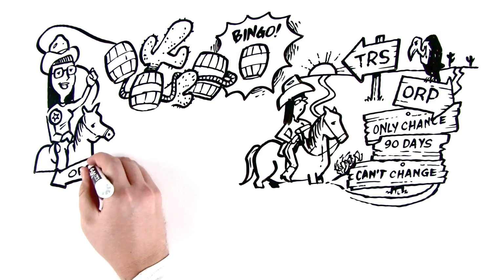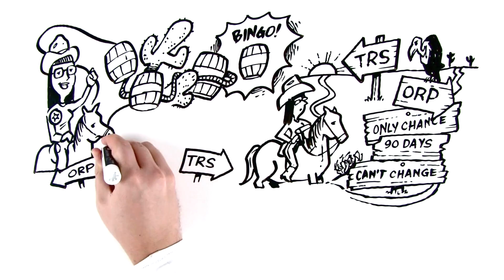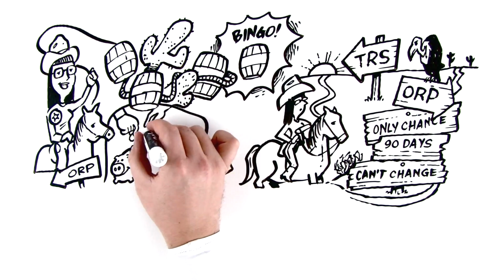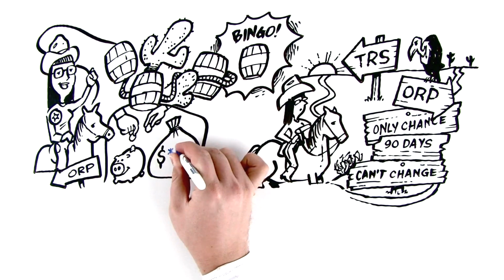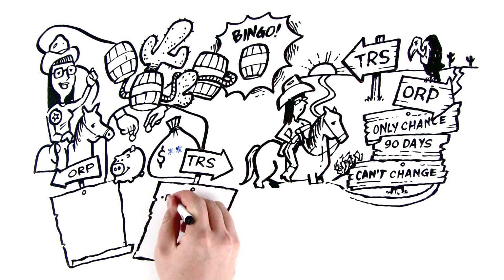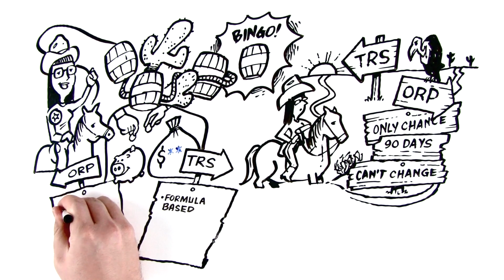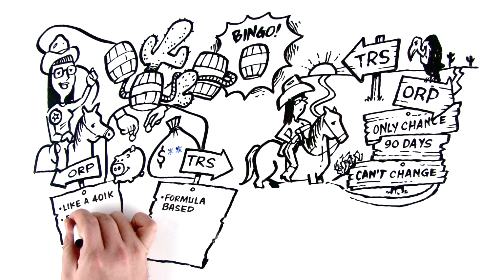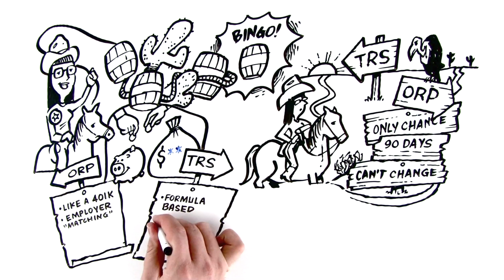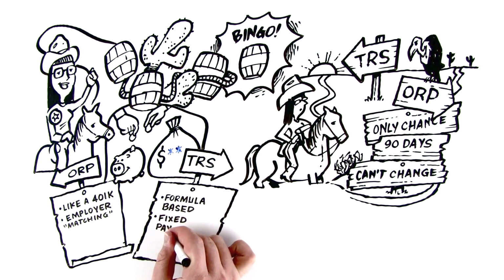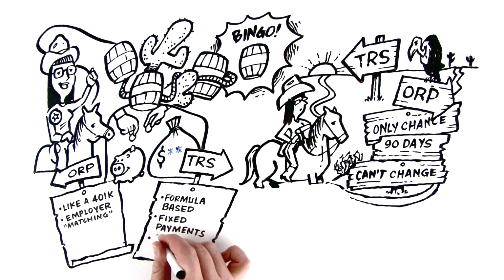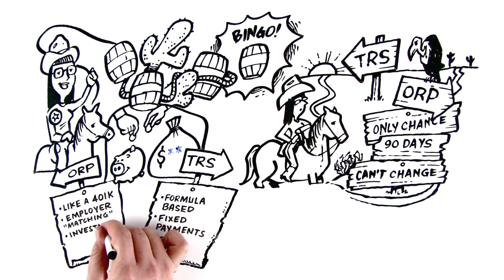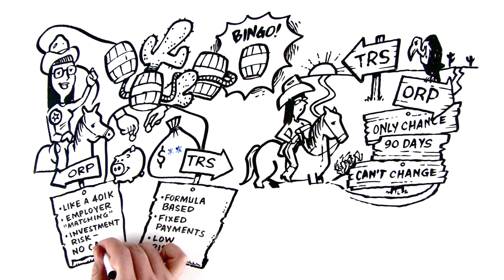In both ORP and TRS, participants and employing institutions make mandatory monthly contributions using percentages of salary established by law, subject to change. TRS provides formula-based retirement annuities, while ORP is a defined contribution plan similar to a 401k plan with employer matching contributions. So while TRS is pretty much your typical pension plan with the usual fixed payments and little to no risk, your ORP, while taking on investment risk, has no caps on its potential performance.